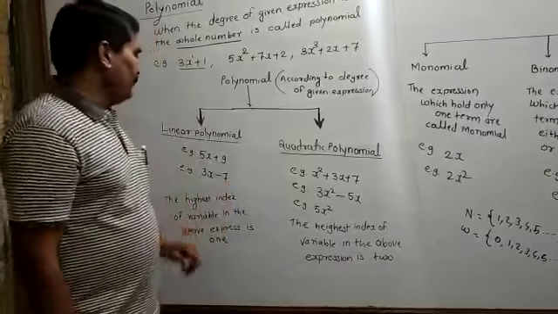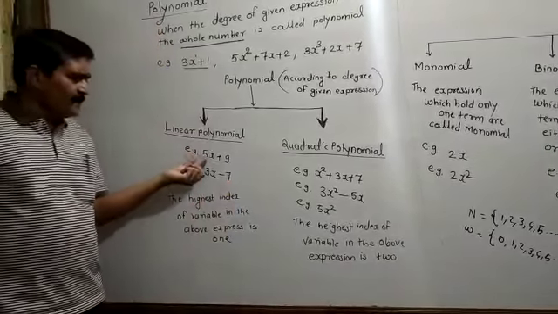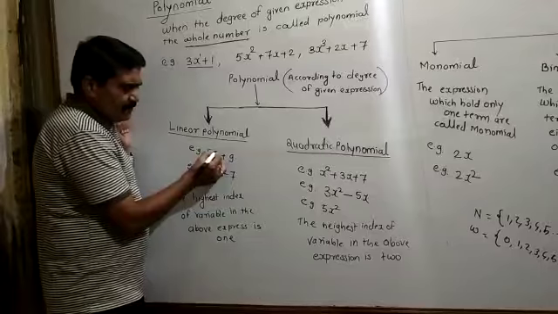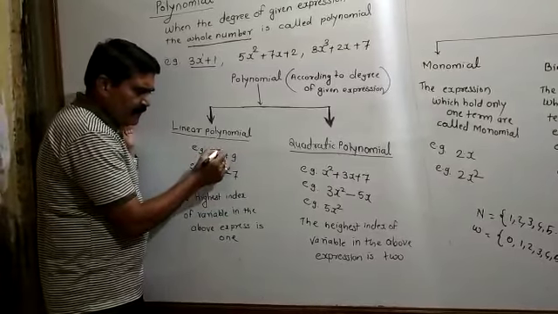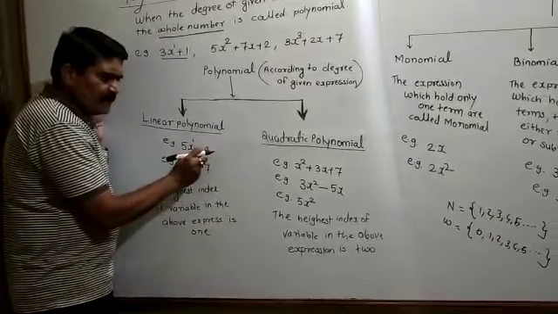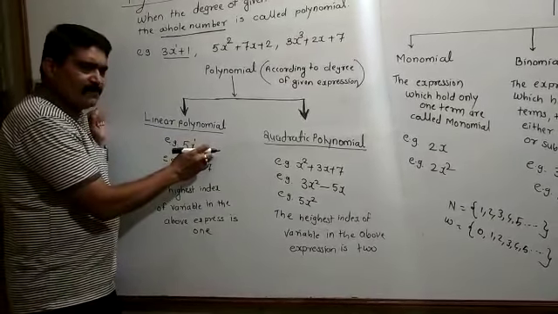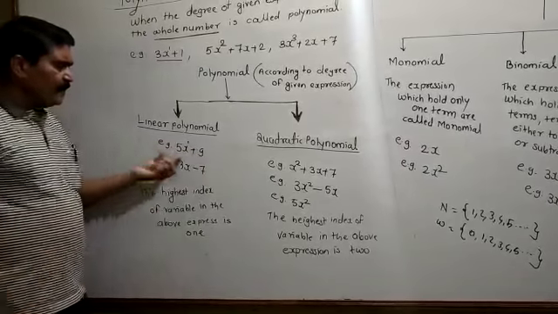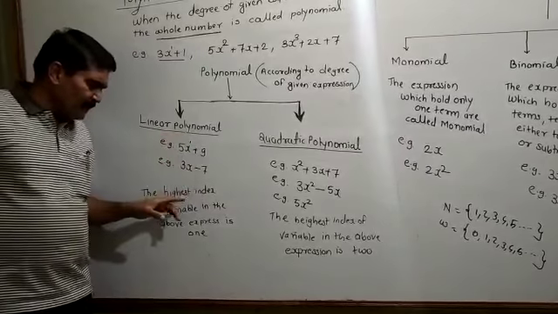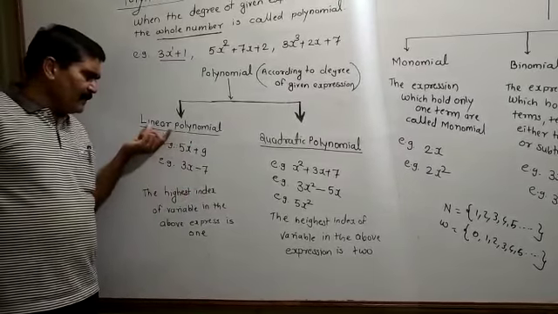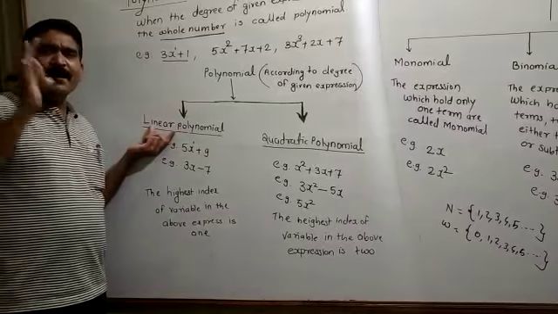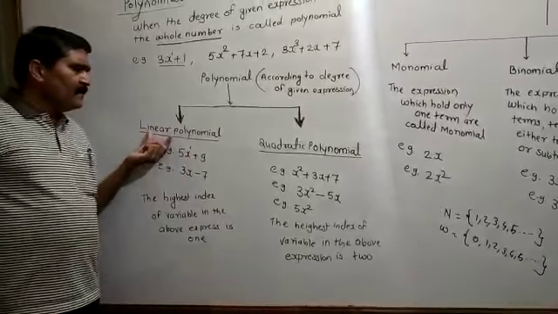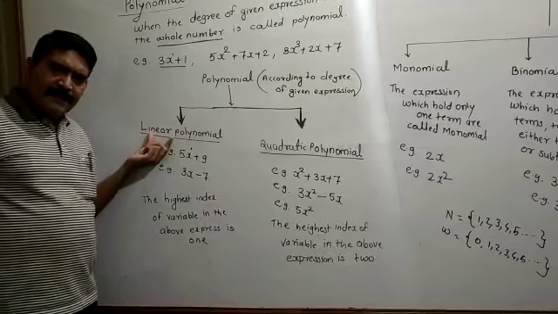What is the meaning of the linear polynomial that you have to see? Linear polynomial examples are 5x plus 9, 3x plus 1. Here, if we observe the highest index of the variable, x is the variable, and the highest index of the variable is 1. Here this is the constant term. The highest index of this constant term is 0. In this condition you have to say that the degree of this polynomial is 1. If the degree of the polynomial is 1, then 1 means linear, 2 means quadratic. So if the degree of the given expression is 1, then the expression is called the linear polynomial.